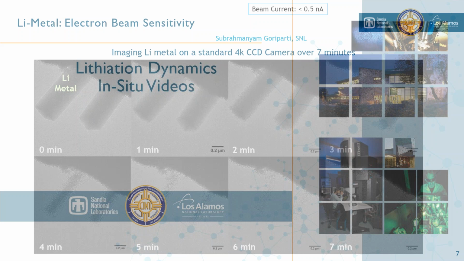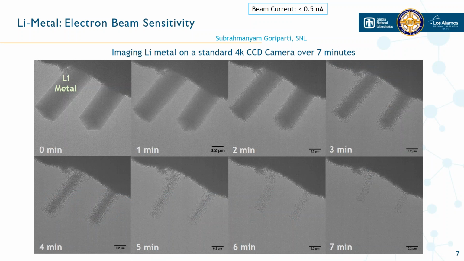The first thing I want to bring up is that when you're looking at lithium materials, lithium is very beam sensitive to the electron beam. This is showing, not on the K3IS camera, just on our standard 4K CCD camera, that after 7 minutes of imaging at a fairly low beam current, this was reducing the beam current using the monochromator, you can see that the lithium metal is just disintegrating under the beam, which of course would make it very hard to image reactions or to do high resolution imaging of the lithium metal under these conditions. So if we go to the next slide,